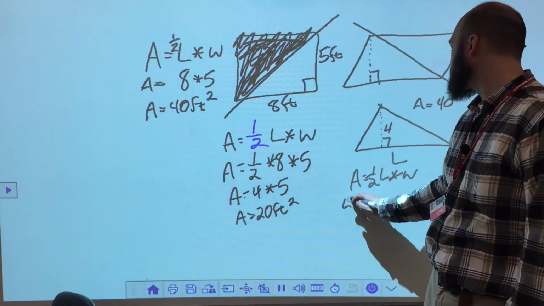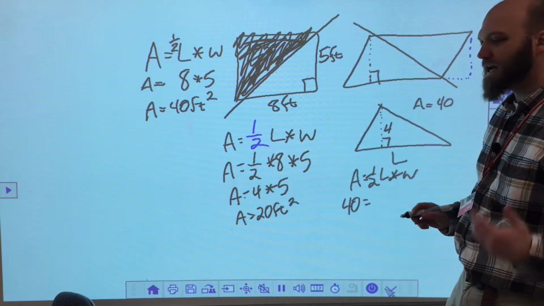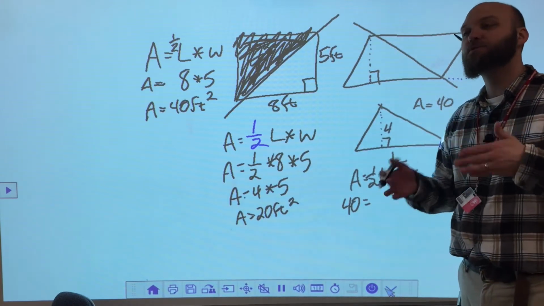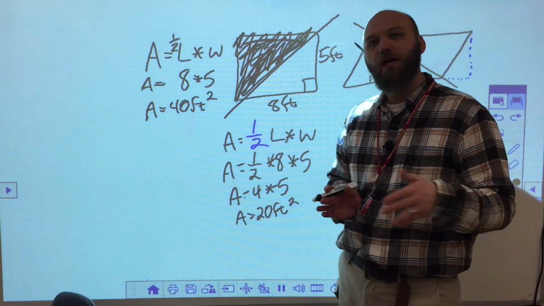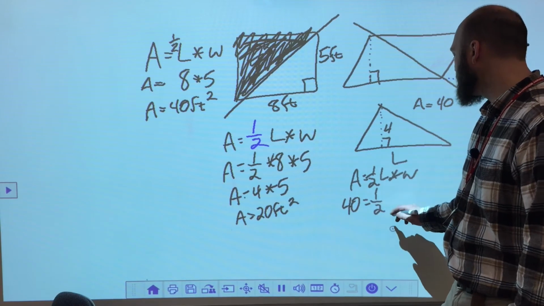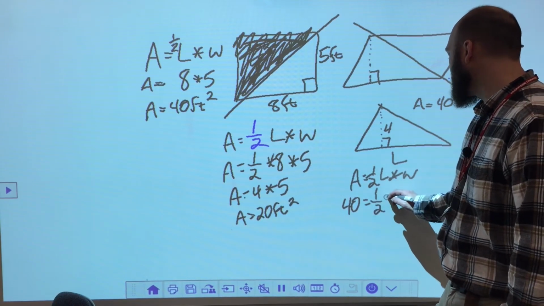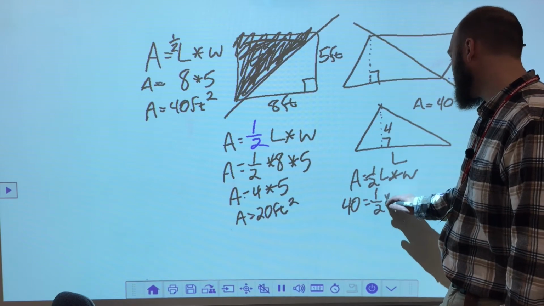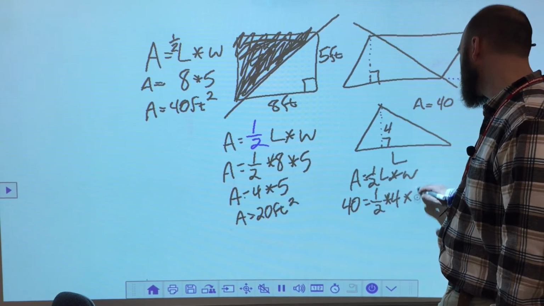My area equals 40. So I had a student ask me today, Mr. W, what happens if they give me the area but they don't give me the 2 measurements? You solve it the same way we did in our last unit, where we're finding a missing variable. Area equals 1/2 of some number times 4. So let's do 1/2 times 4 times some number,